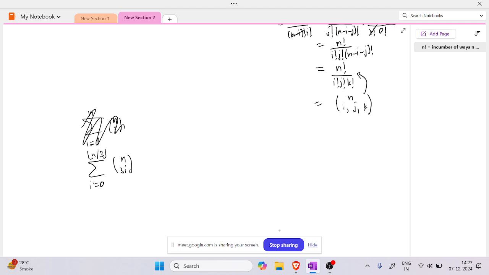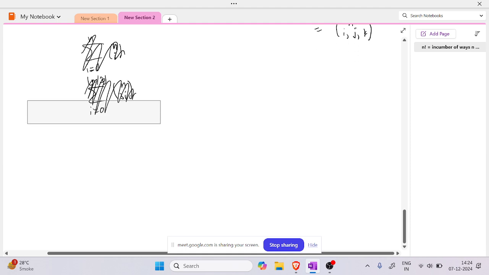Basically, what you do to evaluate stuff like this is that you use roots of unity. But I think I should not go into that. So basically, the use of binomial theorem is that you can also evaluate stuff like this